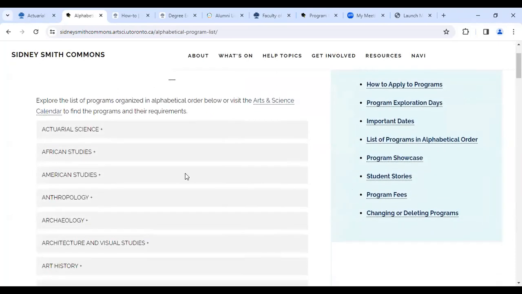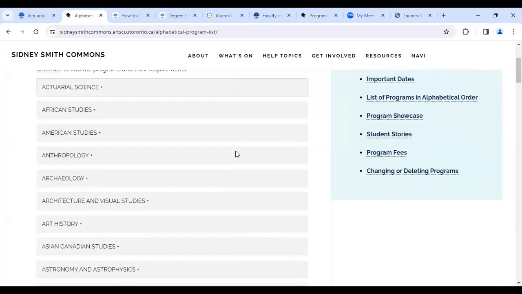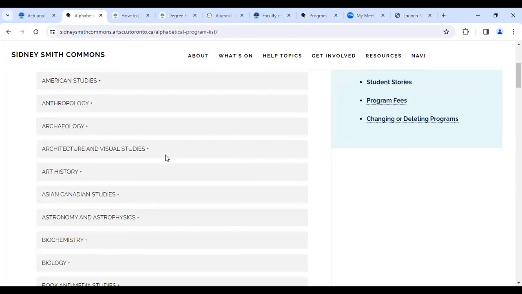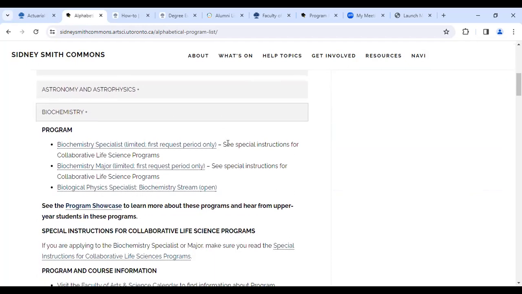When you come to this page and click on the programs, you can easily see if it's a limited or open program. It also tells you the request periods if a program has both first and second request periods. Something to be mindful of is that some limited programs have both first and second request periods, while others have only one. So it's very important for you to check that in order to plan for your programs.